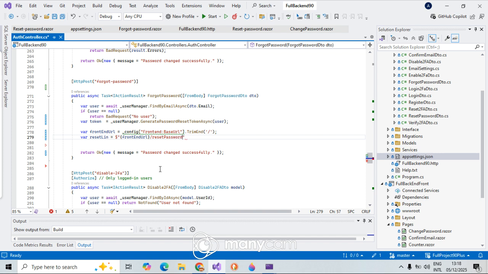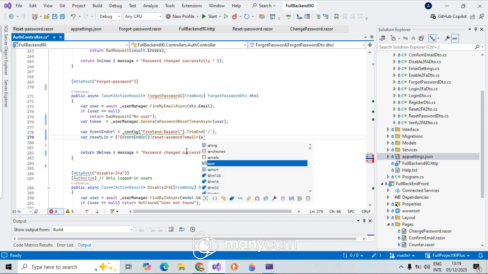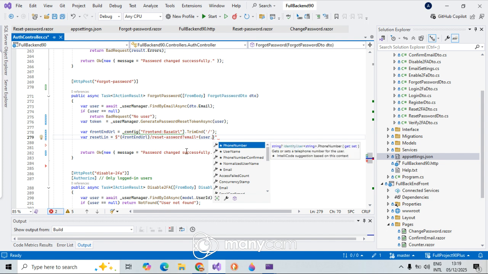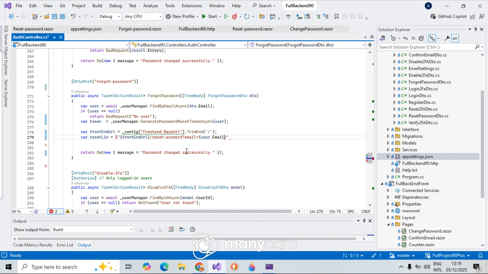Reset password, if I'm good, I say here reset-password, email is equal to user dot Email, and then we have here